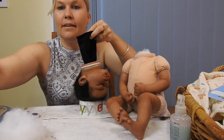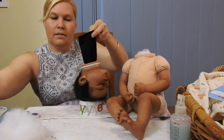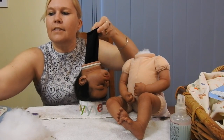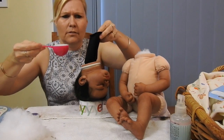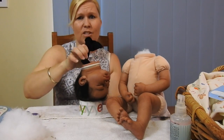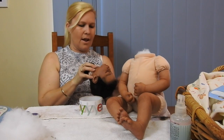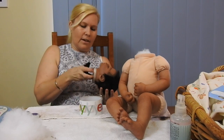And then add some wet. Probably 2 scoops will be enough at this stage. Now these scoops I've got here are 50 ml scoops if you're working with measuring spoons, but you don't have to do it so precise. Okay, now what I want to do with this is I want to have a feel of it,